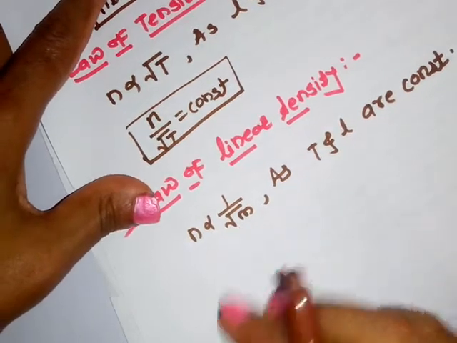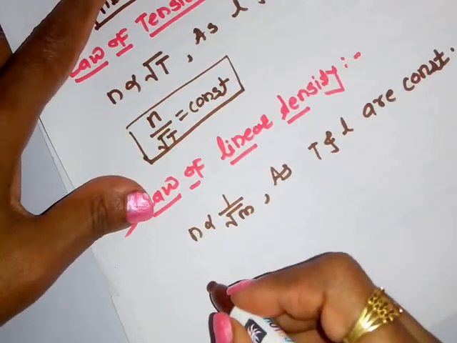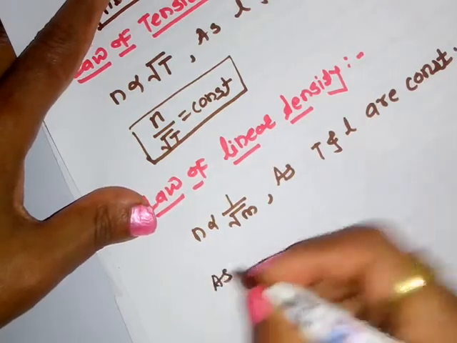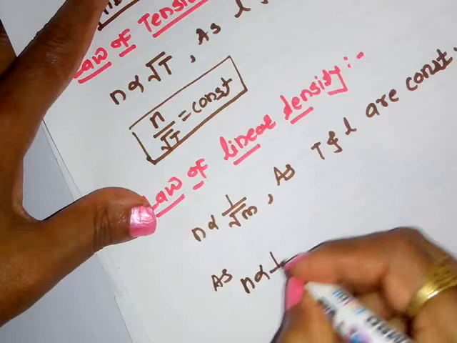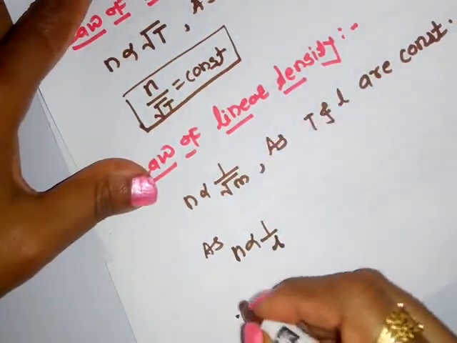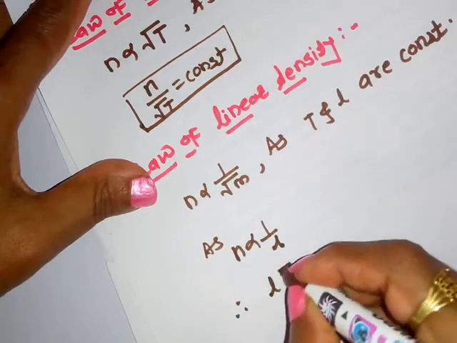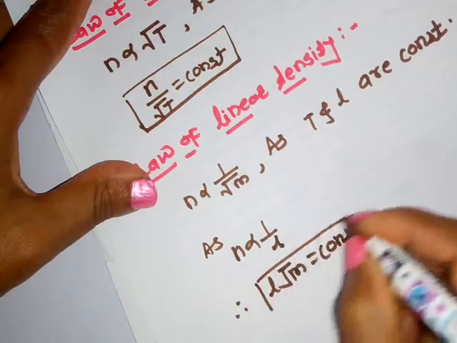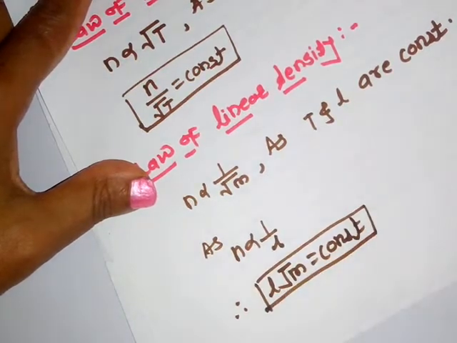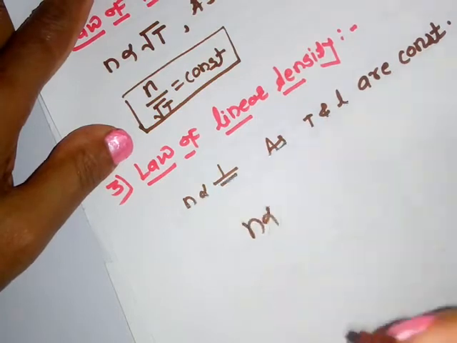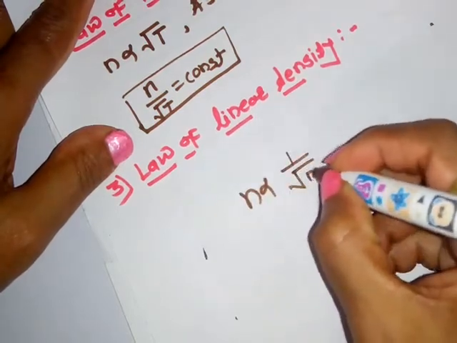Now for this law, we know the first law of length as n is inversely proportional to L. Then from these two statements we can write that L into root M is equal to constant. Now this law is given as n is inversely proportional to 1 upon root M. Now if